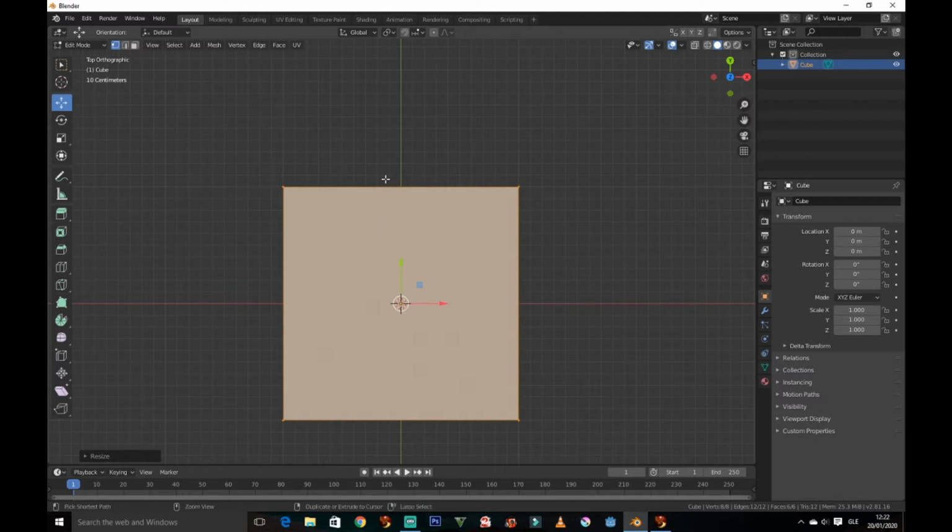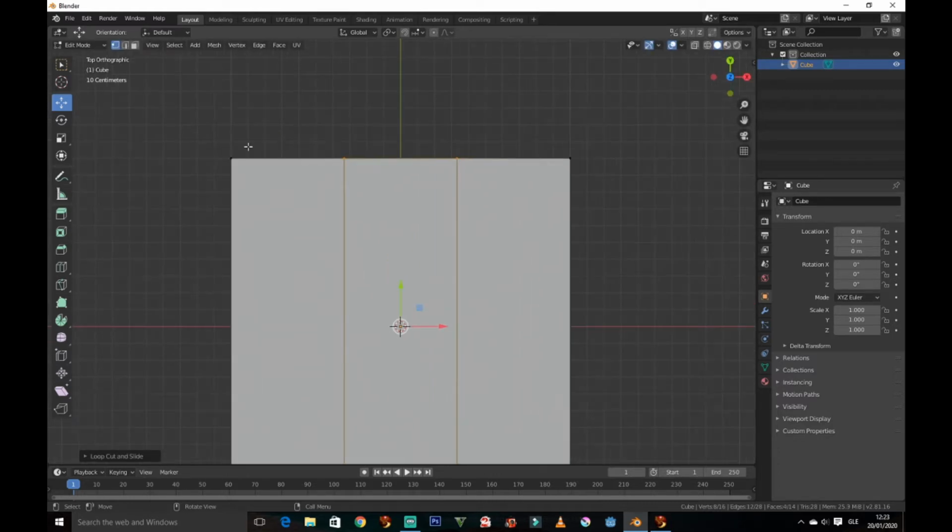So I'm going to press Control R on my keyboard and roll my mouse wheel forward once, and it's going to give me 2 loop cuts, which is perfect. And I have my 2 loop cuts, and then I'm just going to left click and left click again to drop them into place. And now I want to match my loop cut up